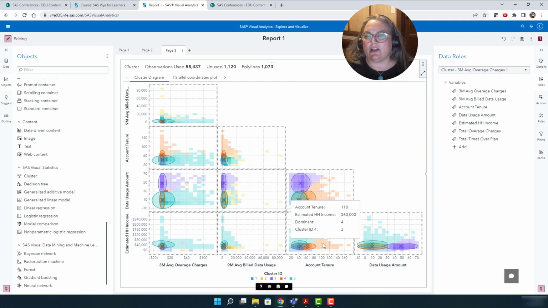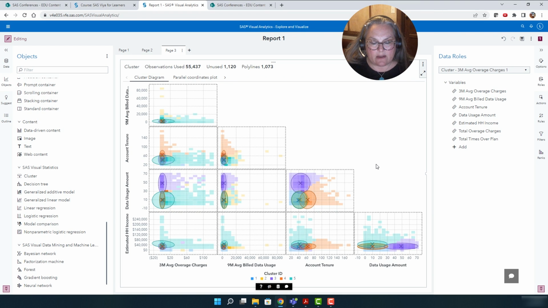But the point here is that we are building these clusters, and these clusters represent segments of my data. And again, the idea here is that the observations in each cluster are similar to each other and different from the other clusters.